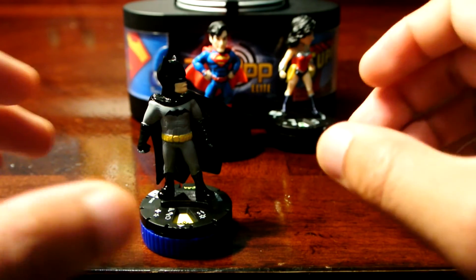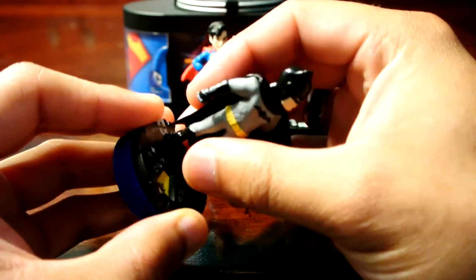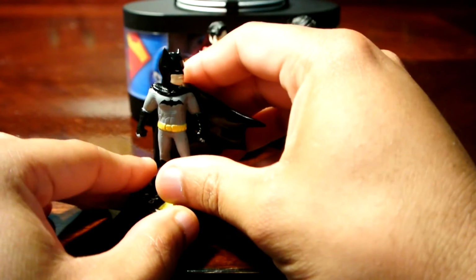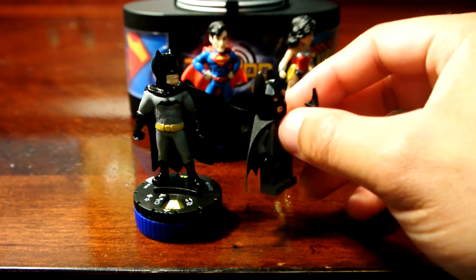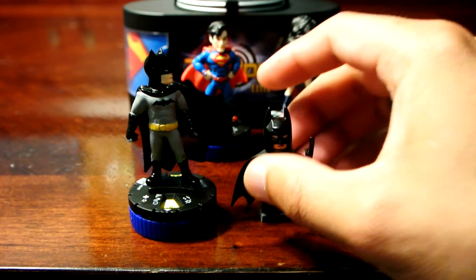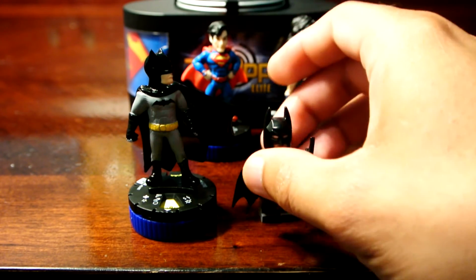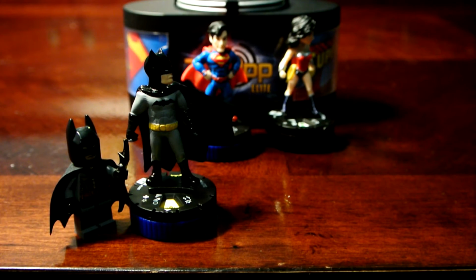So, just for comparison's sake, just how big are these figures, and can you take them off the base? No, you cannot take them off the base. But just to get an idea of how big they are, let's compare it to Lego Batman. So here's Lego Batman, and, well, he's a bit in the darkness. Here's Lego Batman compared to HeroClix Batman,